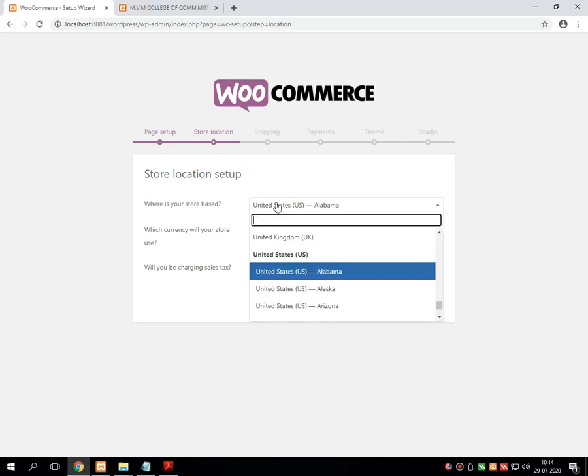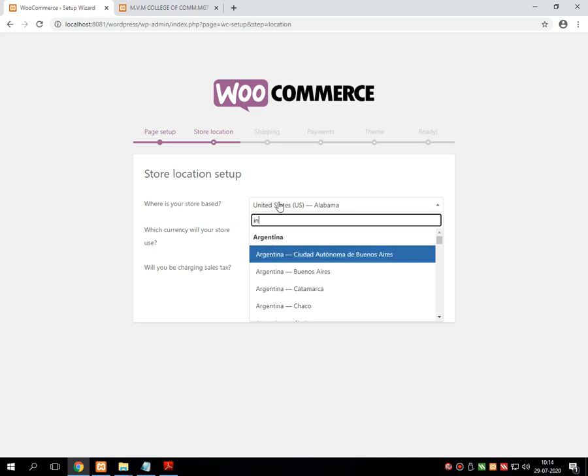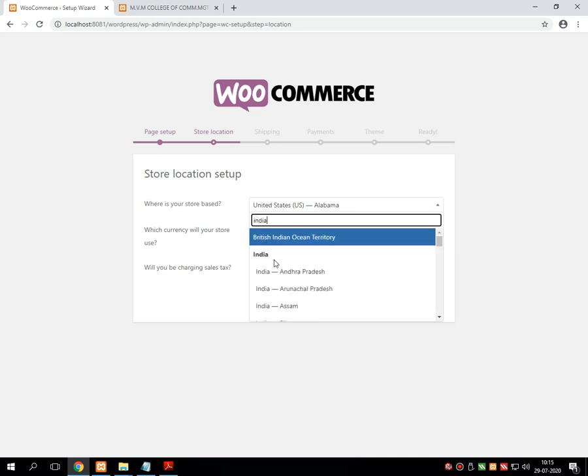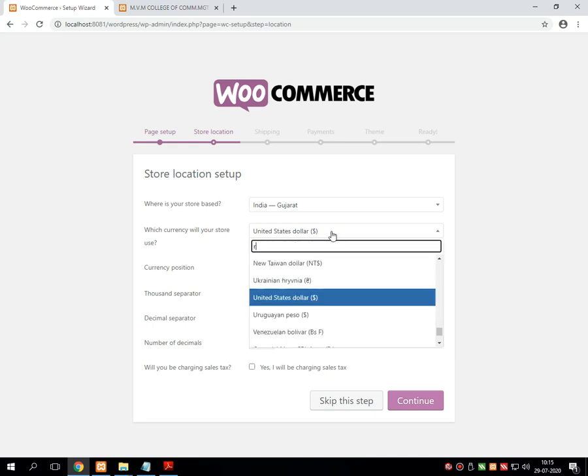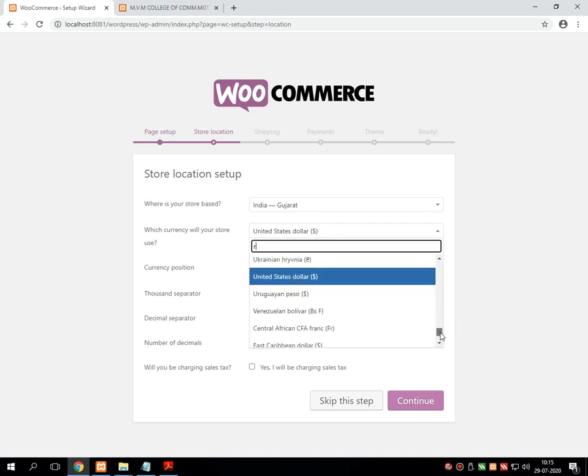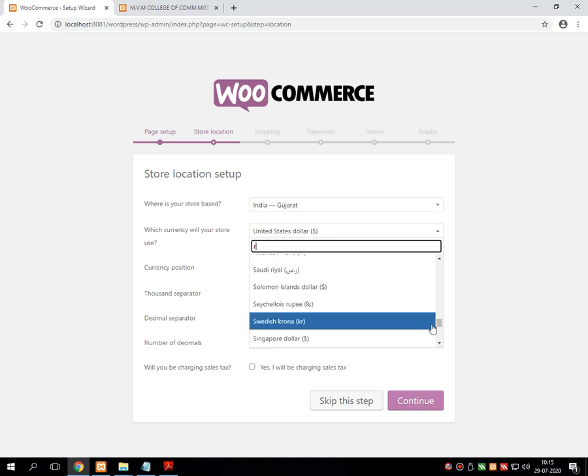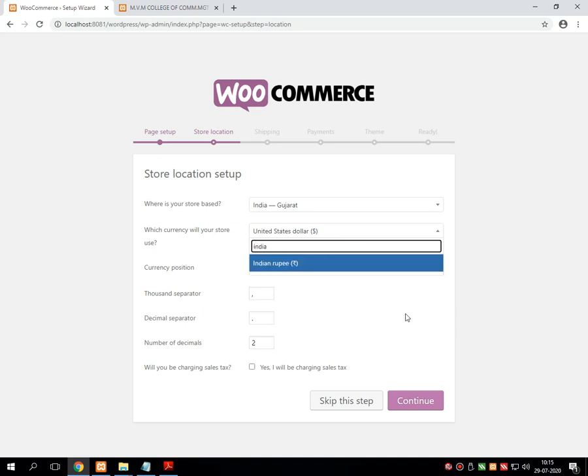So here I am selecting India, and in India suppose I want to sell my products only in Gujarat. Next, in which currency your store will deal with the products. For that I am using rupees, Indian rupee. You can go for dollar also if you like.